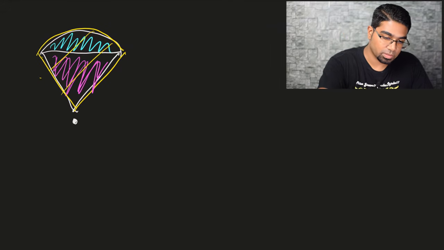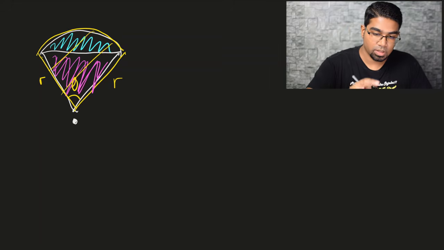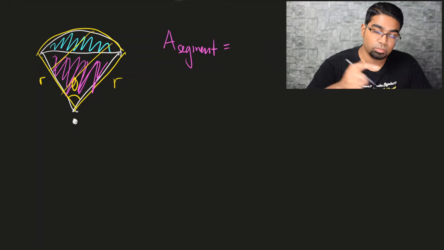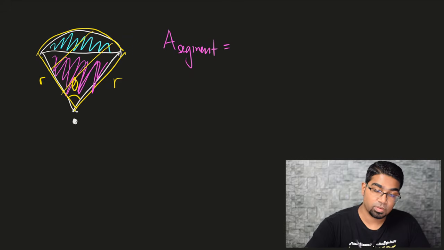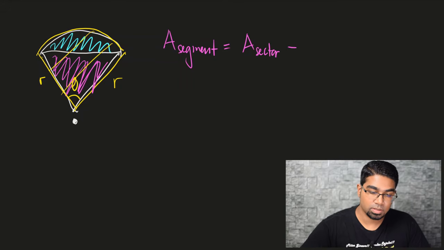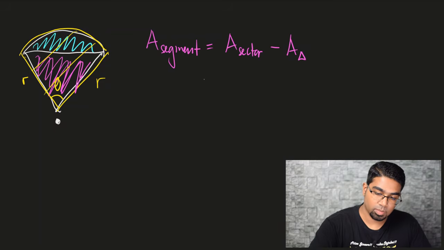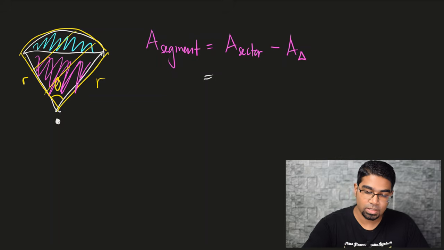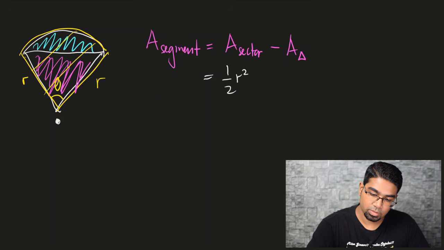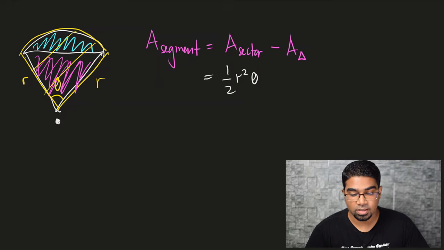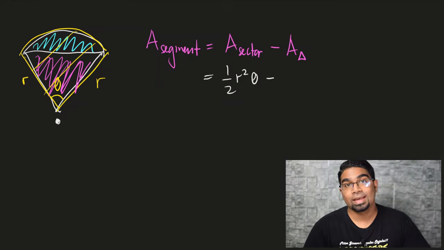So now we just have to apply all the formulas that we've learned so far. So this is the radius and this is the angle theta. So let's do this. Area of segment is equal to the area of the sector minus the area of the triangle. So let's apply the formulas. Area of sector is 1 over 2 r squared theta, remembering that theta is in radians here, minus,